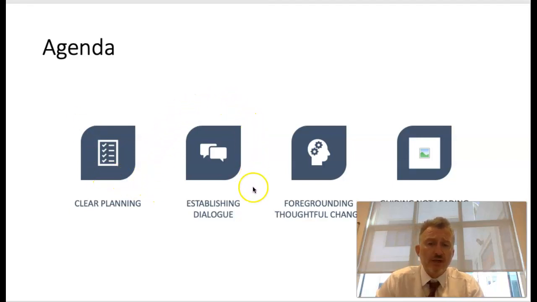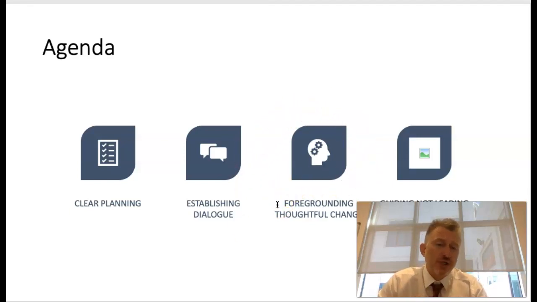I'll talk a little bit about how the production log and project queue establishes dialogue, because the EPQ is all about dialogic learning, about answers and questions that happen between you and the student. It's very important that the students foreground thoughtful change in their production log, so I'll tell you a little bit about that. I thought I'd just remind you that the spirit of the EPQ is guiding and not leading. So the student should actually be coming to the discussions with you with specific questions, and they should be setting the agenda.